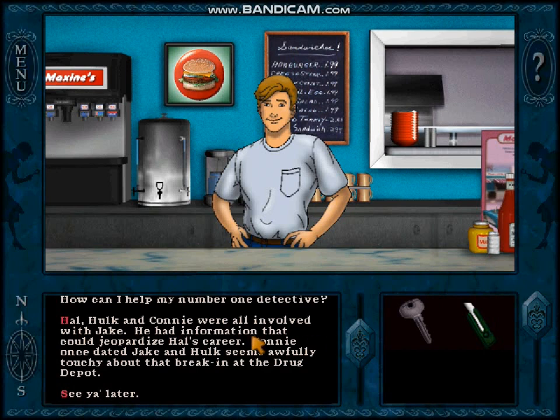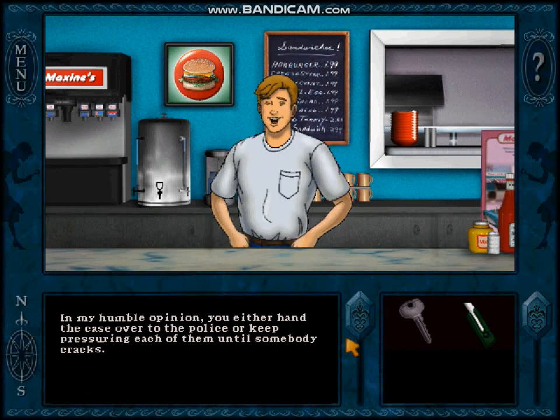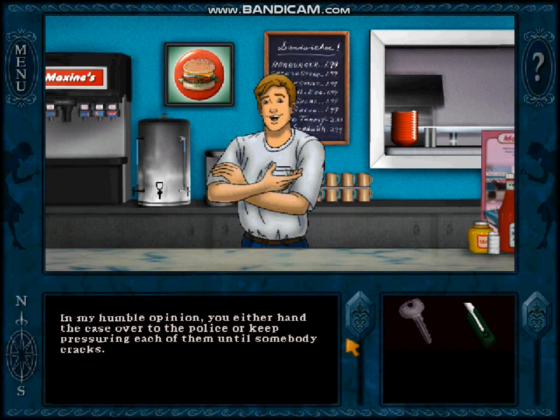So, here we go. Hal, Hulk, and Connie were all involved with Jake. He had information that could jeopardize Hal's career. Connie once dated Jake, and Hulk seems awfully touchy about that break-in at the drug depot. In my humble opinion, you either hand the case over to the police or keep pressuring each of them until